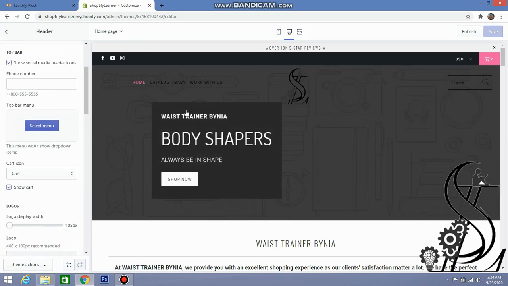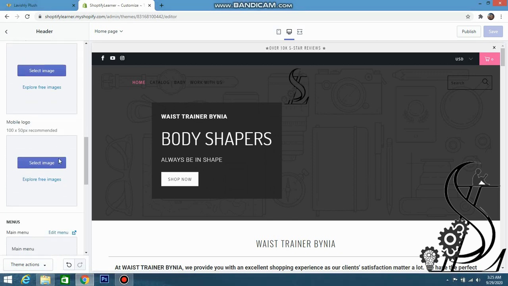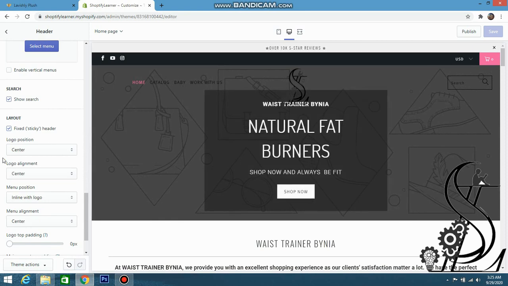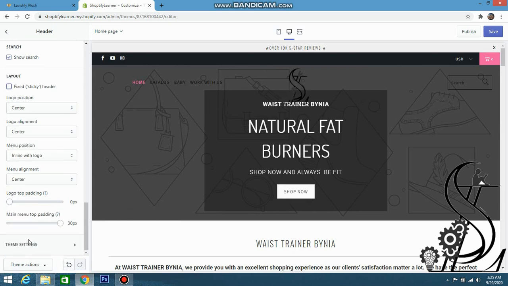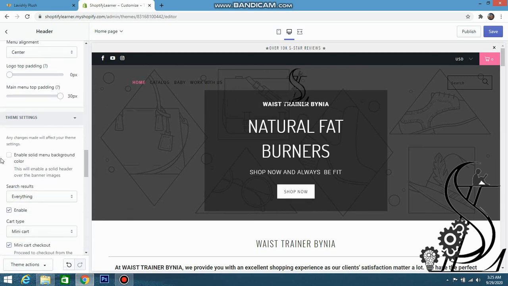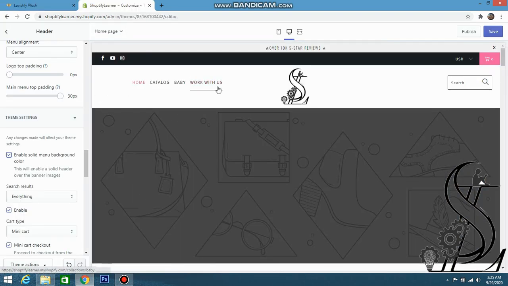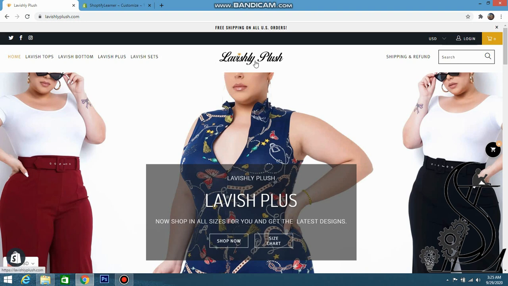If you want to use the sticky header and logo over the slideshow, we can remove the fixed sticky header and in the theme setting enable the solid menu background, so our header will be exactly like this store. So you can see our header will be exactly like this store which is named Lavishly Plush.